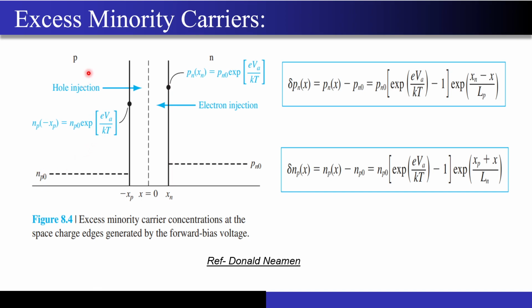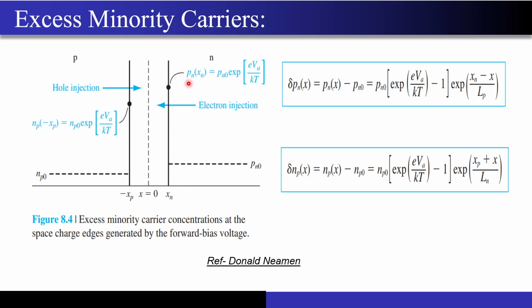Now I am pushing a lot of holes from the left side to the right side. So there will be some concentration of holes, and these holes that you are seeing will act as minority carriers for this n side, right? Because electrons are the majority carriers on this n side. Now what did we say? Once I am able to find the concentration over here, I will be able to apply the diffusion current formula, and I will be able to calculate the current density as well as the current, if I know the cross sectional area of the diode, right?